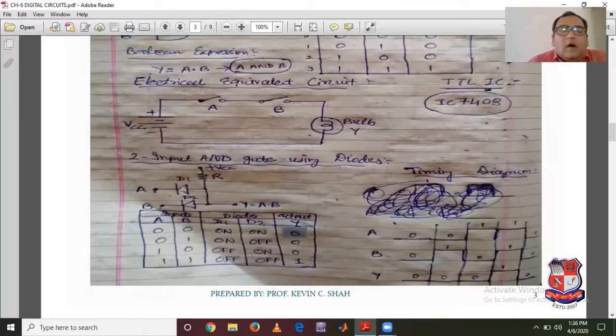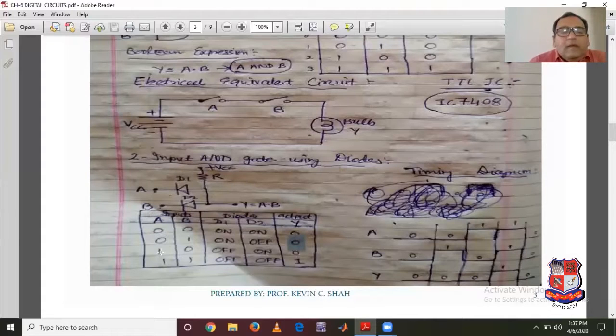So this output becomes 0. In the same way, if A is 0 and B is 1, it means here I give 0 and B becomes 1. B becoming 1 means the cathode of diode D2 becomes more positive with respect to the anode. So D2 becomes reverse biased and D1 becomes forward biased. So I can say D1 is on and D2 is off. Here also you can observe that one diode is conducting, the other is not. So the voltage drop is also available across D1, and we get a low voltage. So we can say the output is 0.